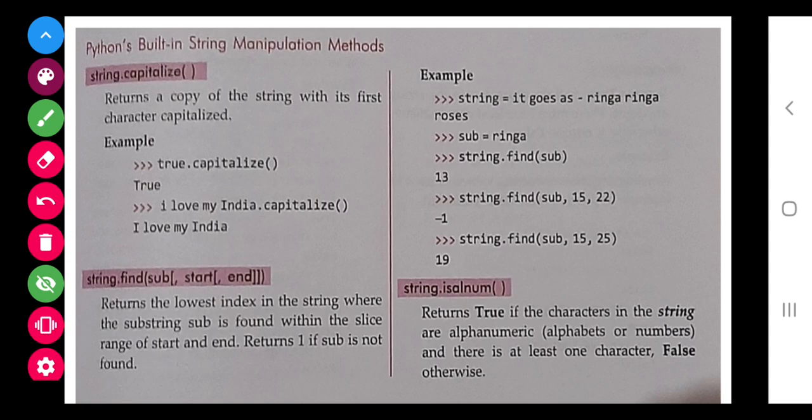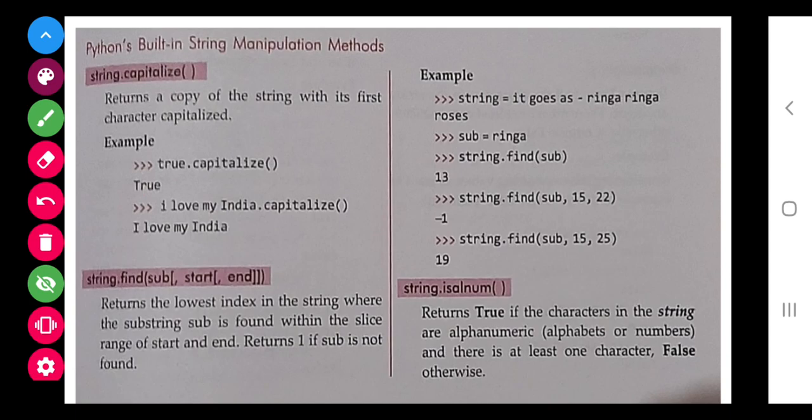Here also we are going to start with capitalize. Capitalize, you all know this: "true".capitalize() is written, so T will be capital. Similarly, in a sentence the first letter will be capital. Now this you know.